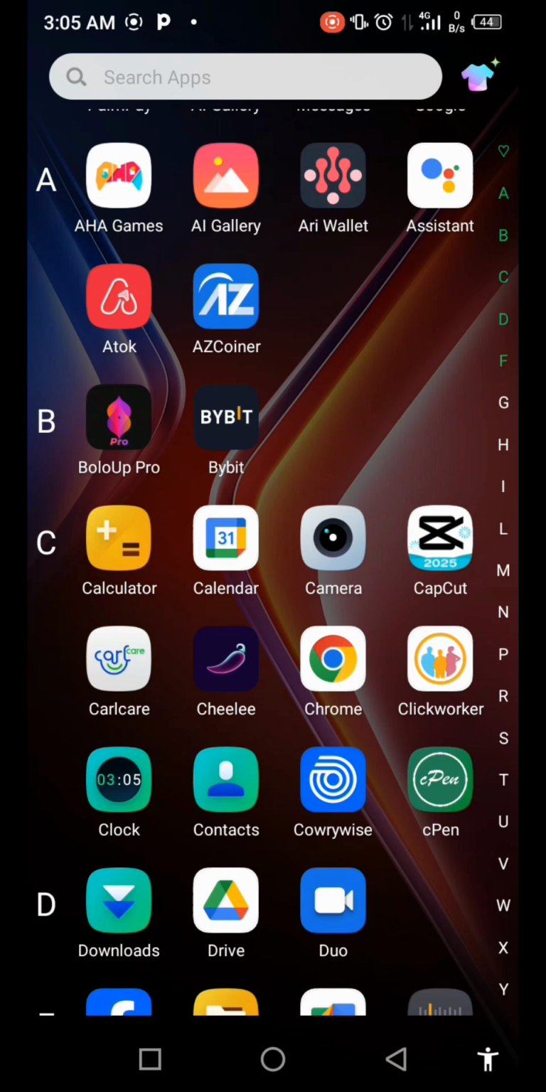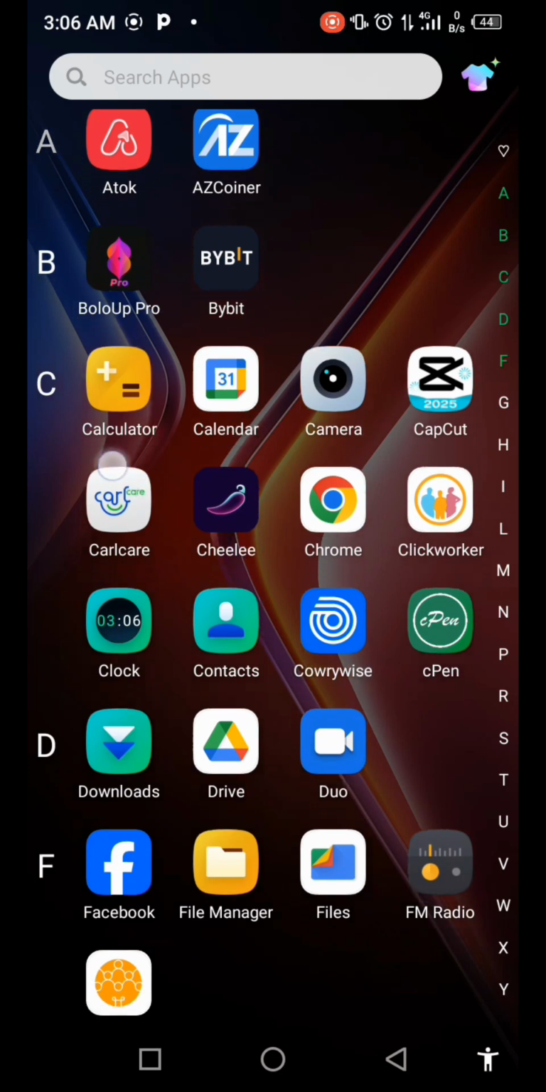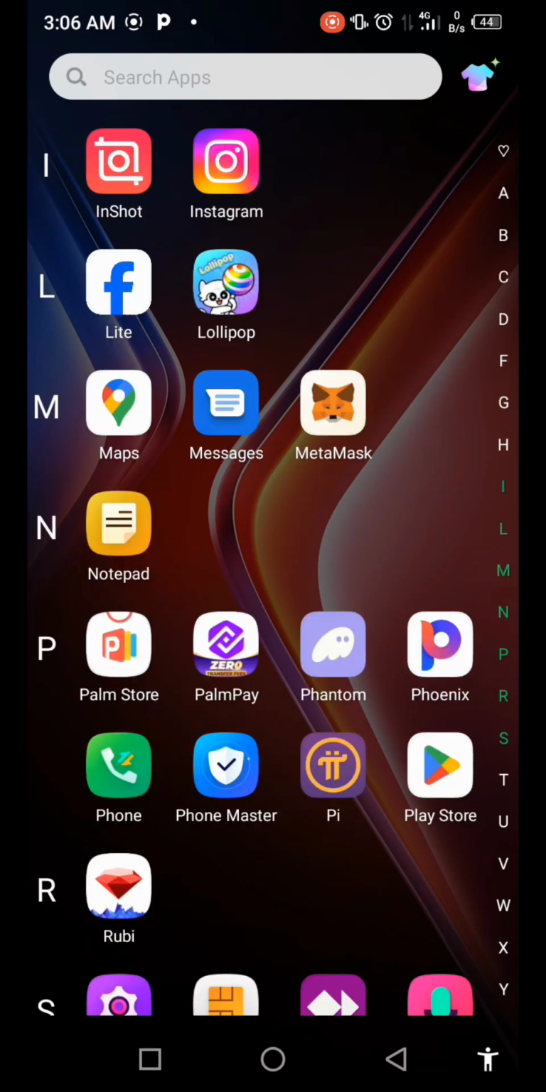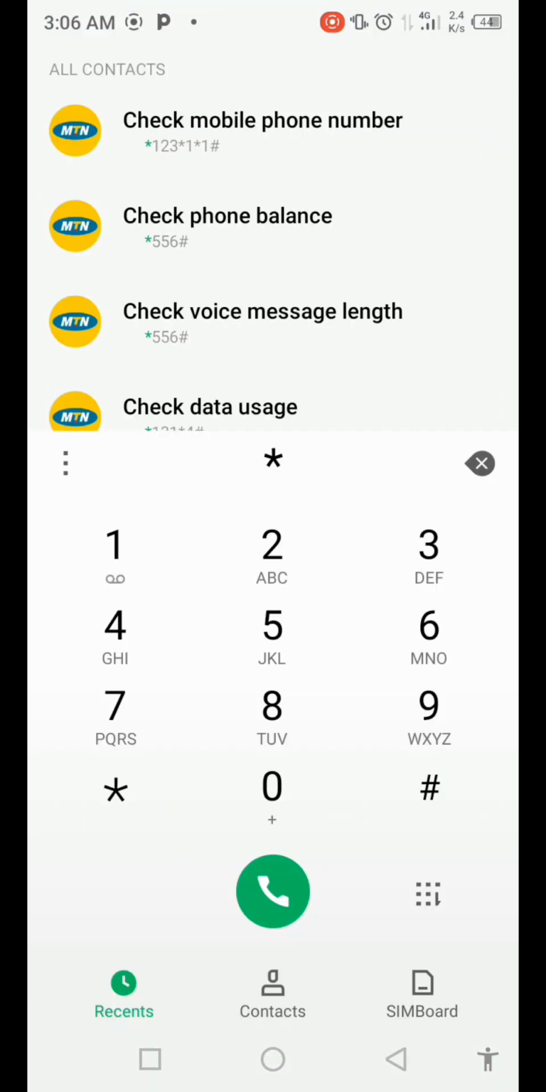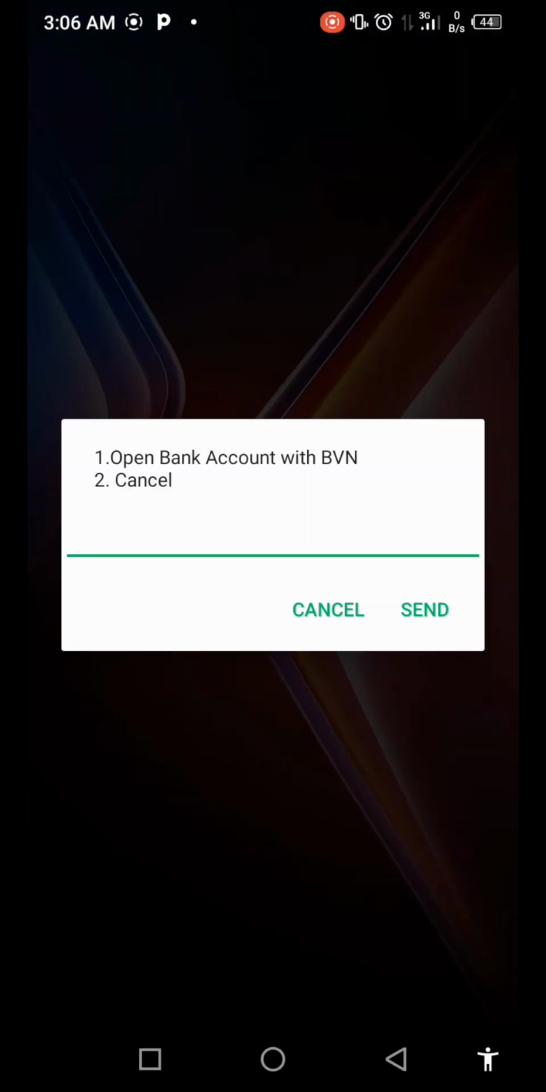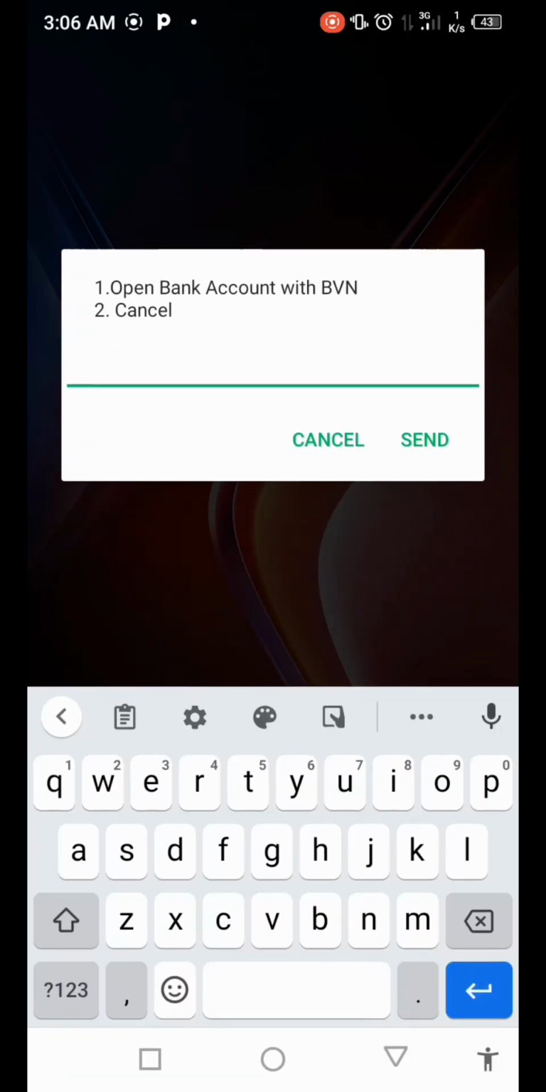All right, now all you need to have is just your BVN beside you. Let me share with you this code that you can use to open a verified bank account. First things first, you have to open your dialer. Go ahead and dial this code: star 898 hash. Now when you dial the code, they are going to ask you to open a bank account with BVN. All you need to do is click on number 1